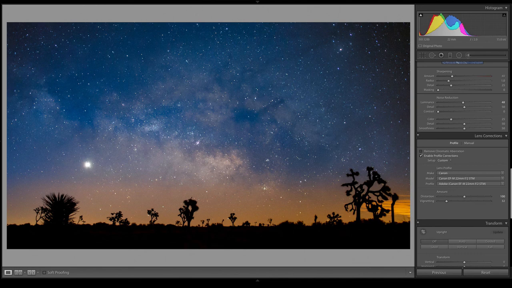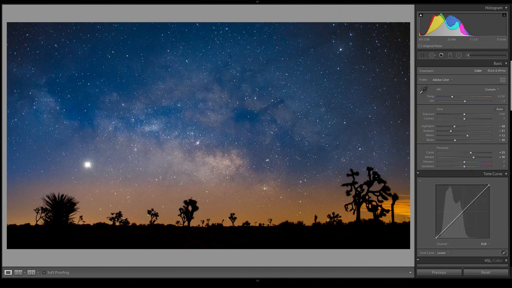All right, so I'm liking this edit. If you have any questions, please let me know, but I think I'm done with this one. Happy with it. Love that gradient. The night sky, beautiful stars. You still have the sunset in the background. You got these silhouettes. It's much more well balanced, level horizons, and that's really what I was going for.